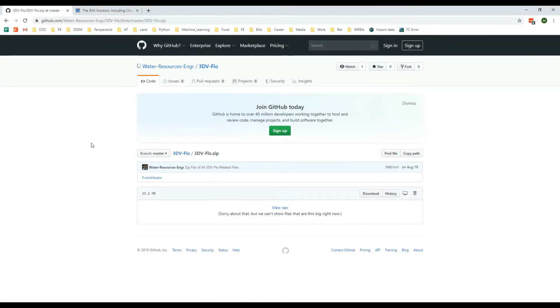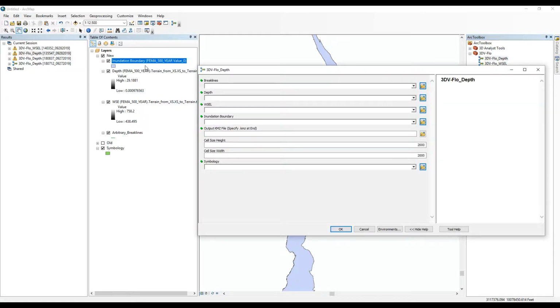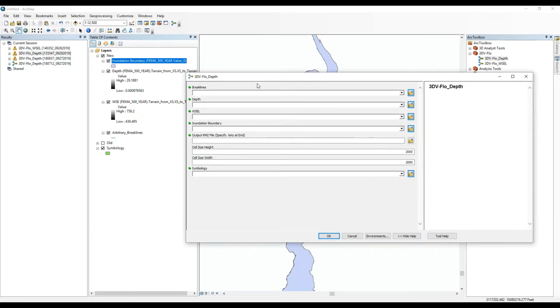So from the GitHub link, you can download the full zip file, and within that zip file, there's one toolbox with 2 different tools. This is the one that we went through in a previous tutorial, and we'll use the depth tool this go around. So in all ways, it's the exact same as the 3D vFlow water surface elevation, except that the z values are depth values. So as before, you just drag and drop all your different inputs into here, specify where you want your KMZ saved,